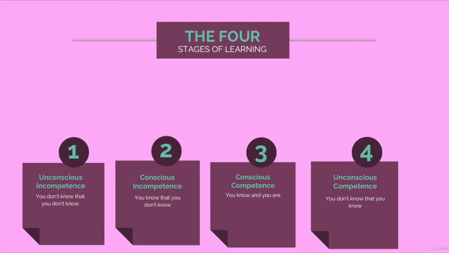And here comes step number 2, conscious incompetence. You know that you don't know. So you go to the gym and you talk to a personal trainer and he tells you that you need to do weightlifting and you need to track your macros. And now you're at a point where you know that you're incompetent. You know that there are a lot of things related to the diet that you don't know. We're going to talk more about the diet example later.